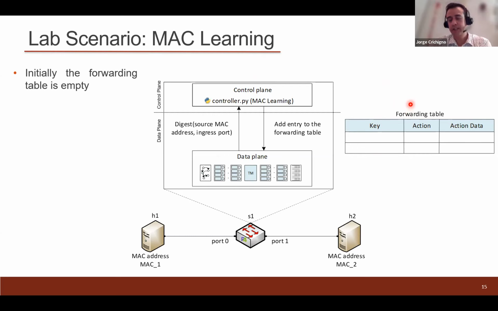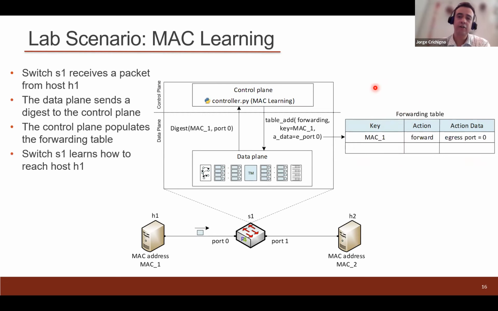I like to say that it has 2 columns, but for the sake of this example, let's say 3 columns to be more precise. At the beginning, when we power on a layer 2 switch, this table is empty. In one column, we will have the destination MAC address,